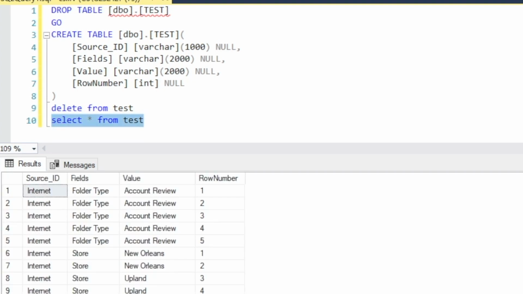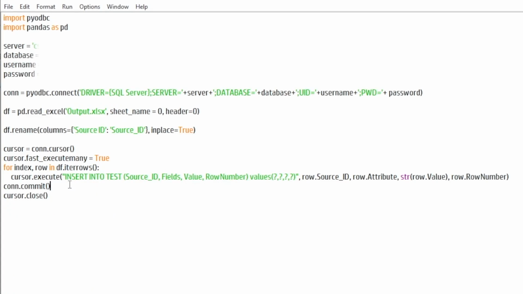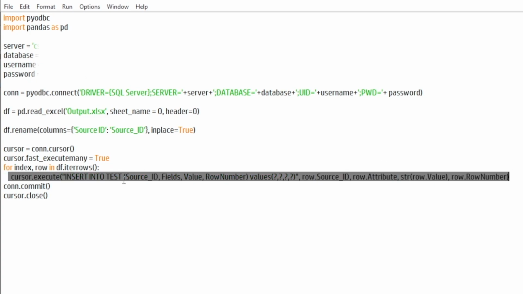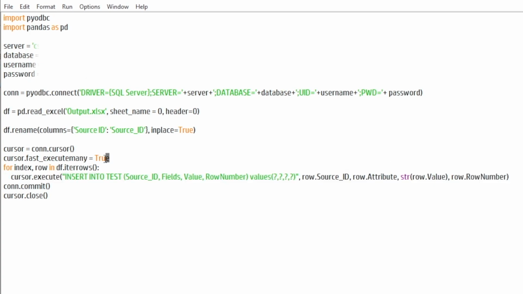And that's how you use PyODBC, because it has to send, for every row, an insert. So without this, it is slow, but with it, it does help improve the performance. But I would prefer using SQLAlchemy over